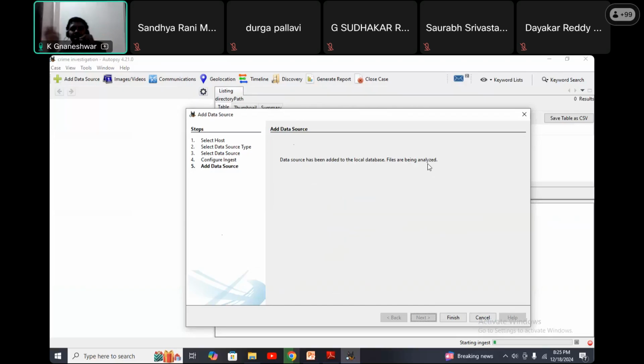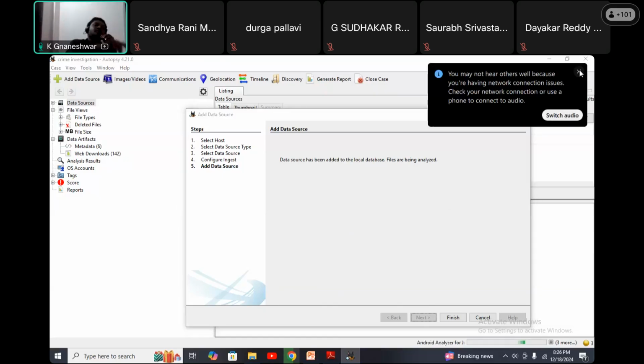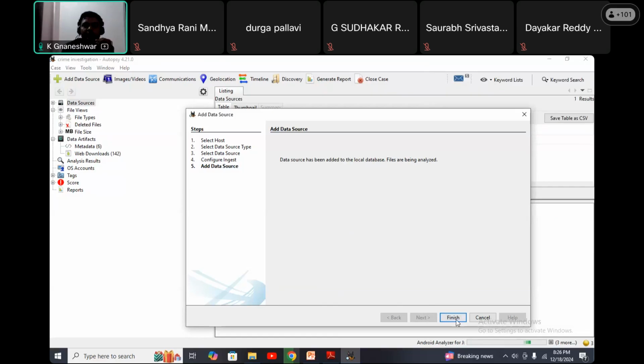Now we should analyze the database. The data collection part is completed; recovering the data from my pen drive is completed. I don't know what information is in my pen drive, and moreover there is a password on the pen drive. So how do we collect the data with this tool without seeing the contents internally? We can collect the total data and copy it into the database I created. That is possible. Here the database is already created, and now I'm going to analyze the data. Click on Finish.